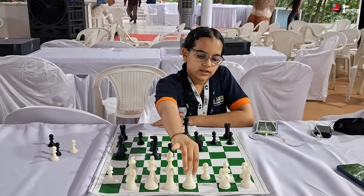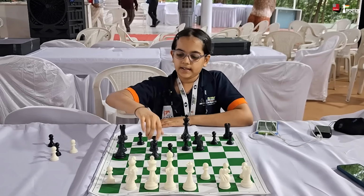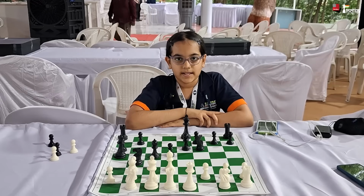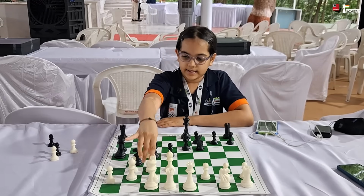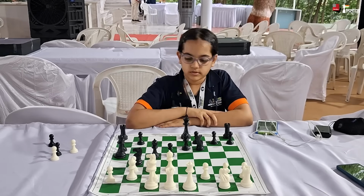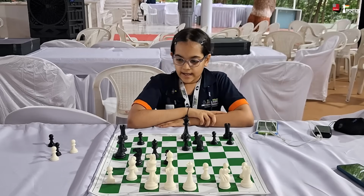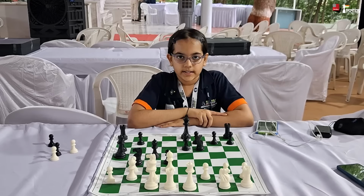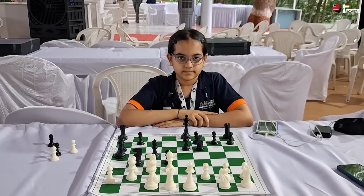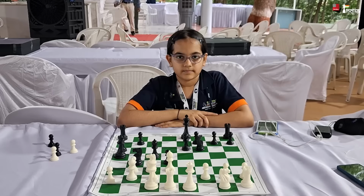Then she played queen to e1. Now I played knight to b4. My idea is to play knight takes a2, which is mate. She played knight c3. She has to protect the a2 pawn. Now I played d4, attacking the knight and planning to take knight a2 next. Slowly and steadily in the last 4 moves you maneuvered your pieces in such a way that now it's a really cramped